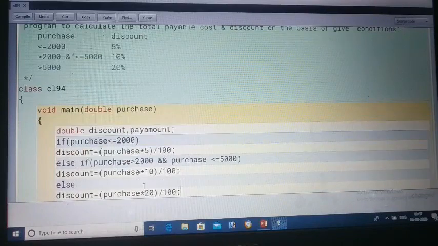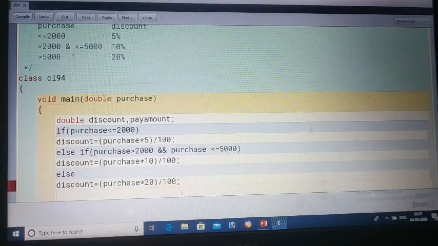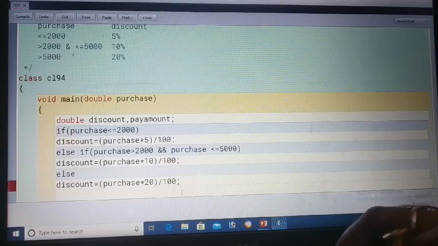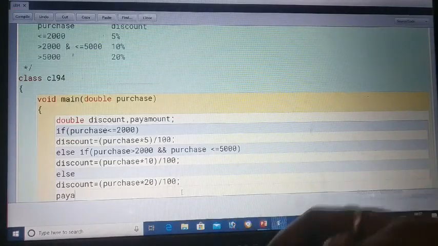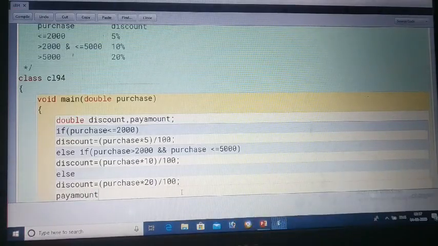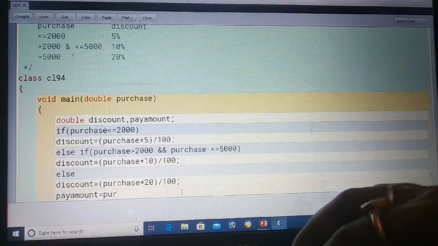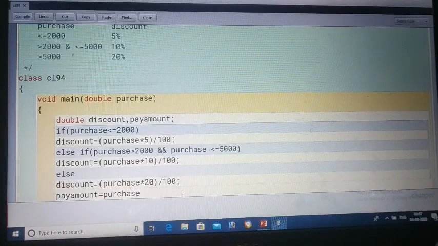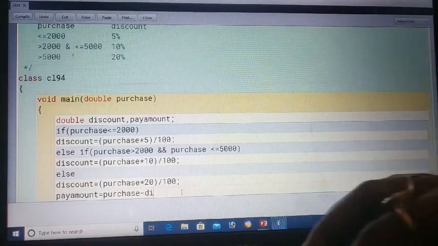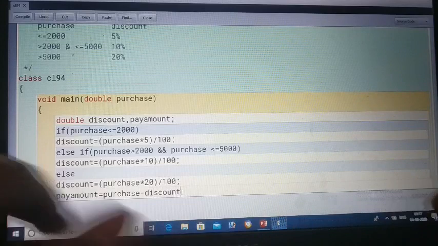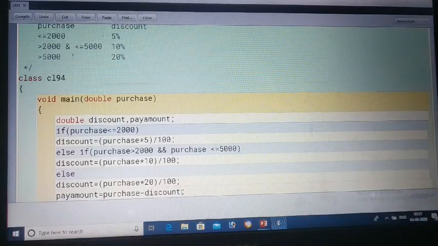And how do we proceed with that? After this we have to calculate the payable amount. So pay amount equals whatever purchase amount is there, minus discount. Got it?